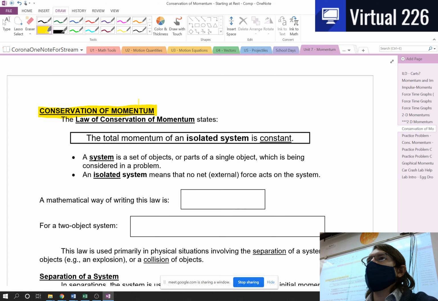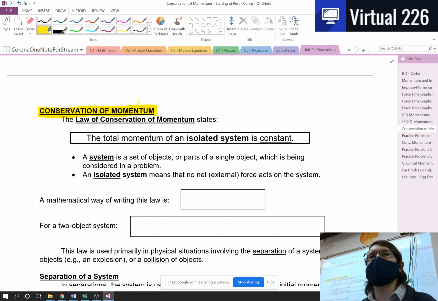And when we're talking about conservation of momentum of an isolated system, this means that nothing on the outside is acting on it. So we're not going to be talking about hockey sticks interacting with a puck, or a force like a wind blowing and pushing something. When we talk about an isolated system, two objects that might be moving or might not be moving, and that's it. That is the entire little world there. That is an isolated system. And when we talk about momentum of an isolated system, that total momentum is constant. It is not changing. It must be conserved.